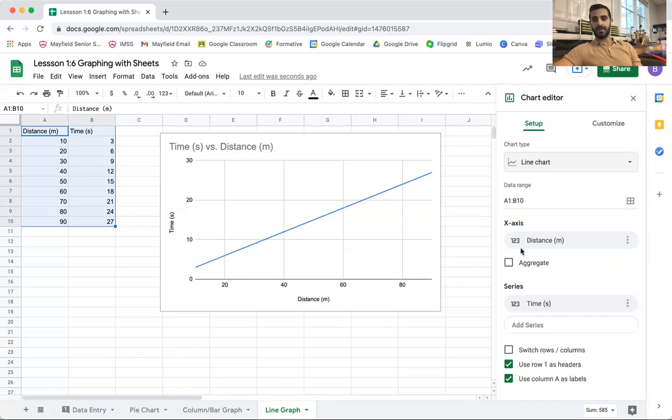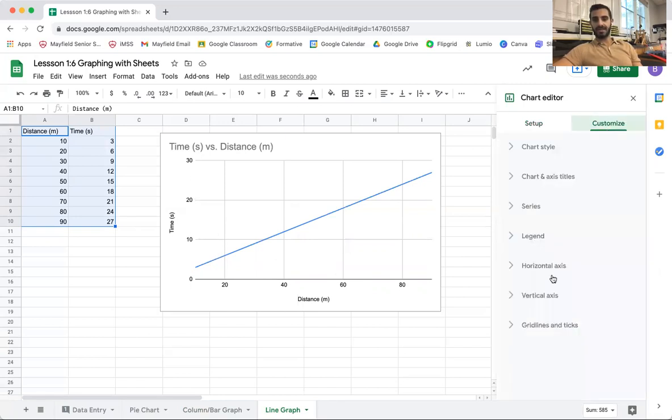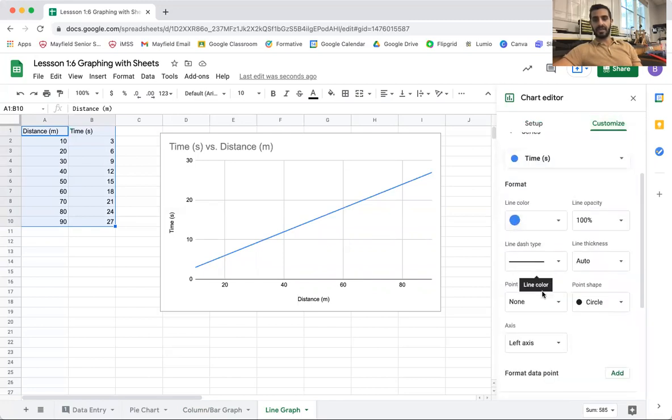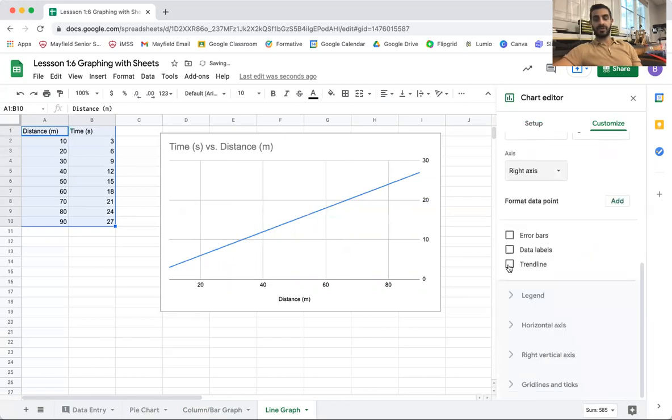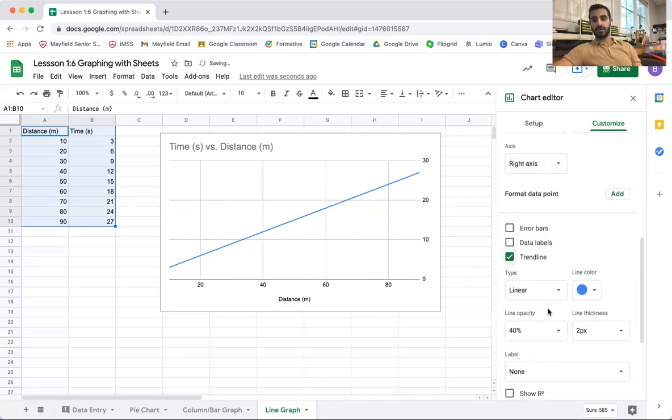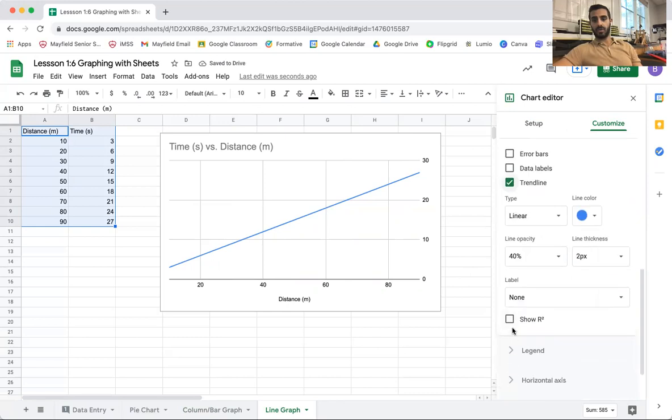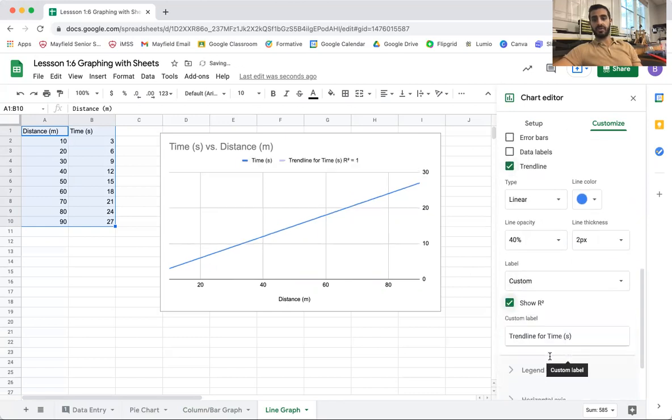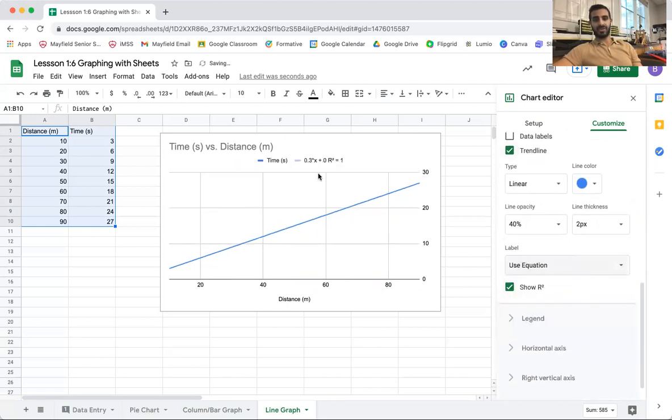It gives you numbers. If you go to customize and you go to series, it'll actually allow you to put a trend line